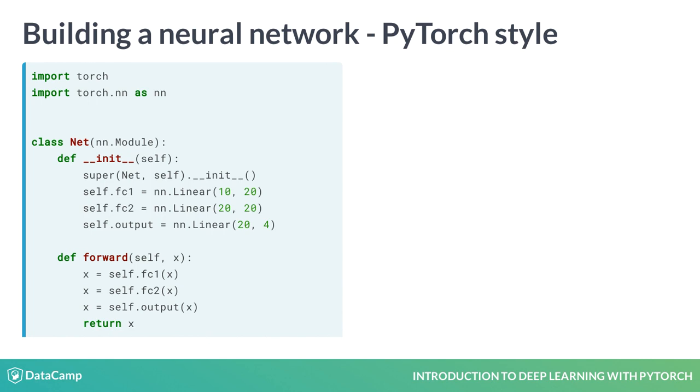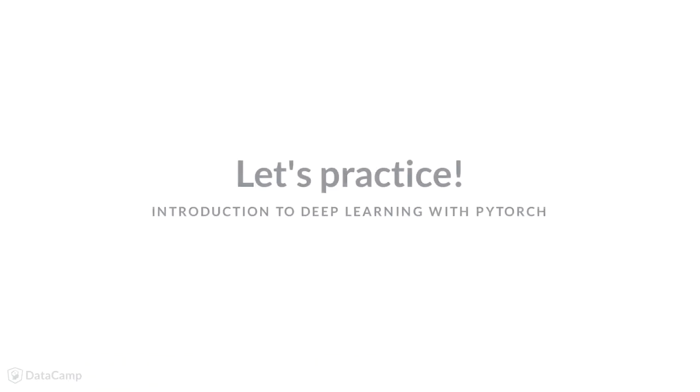In the forward method, we apply all those weights to our input. Finally, we instantiate our module by calling class Net, and we get the result by applying object net over our input layer. Let's practice building some neural